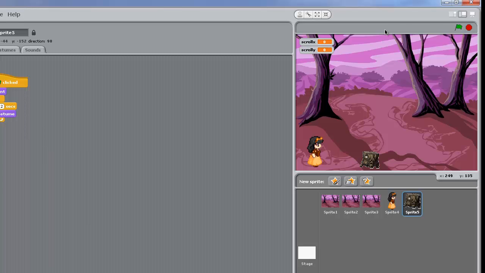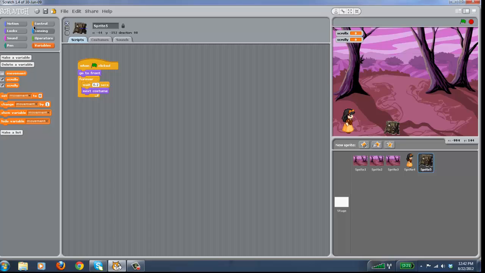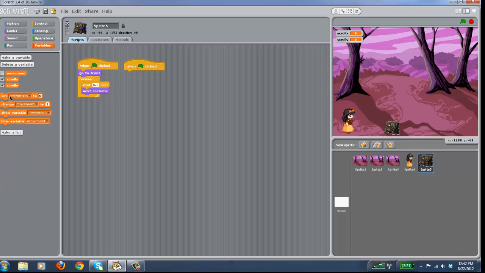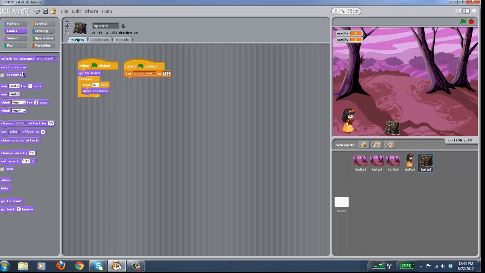I don't need to see the movement on the screen. We'll need another when flag is clicked. And then I'm going to go into variables and set movement to, and I'm going to want to put him maybe at about 700 in, and then I'm gonna put show so he shows up,